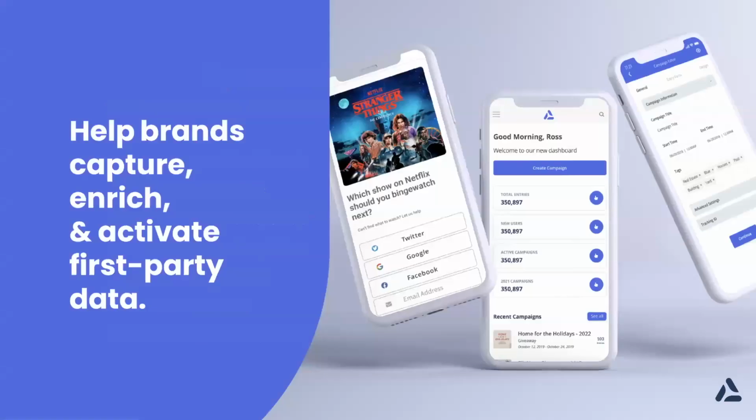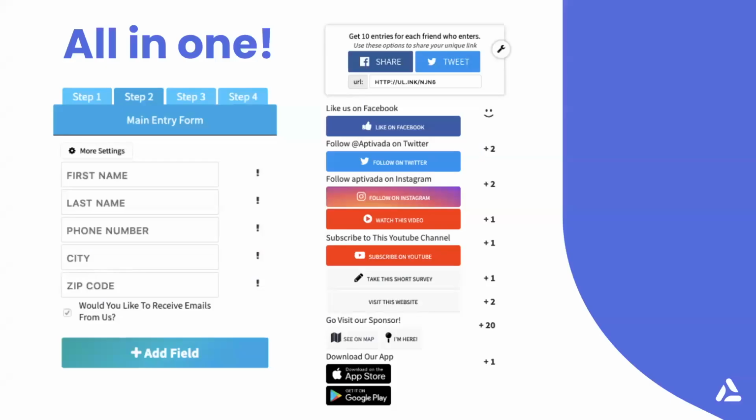Our focus, even with our rebranding to audience, it's kind of funny saying audience to your audience. But truthfully, our core values are helping brands capture, enrich, and activate first-party data. And I said this earlier, but you'll be able to do it all in one, right? Obviously, this sweepstakes that you're looking at has a lot of first-party data information that you're wanting to collect. I wouldn't suggest going this heavy, but what I wanted to present to you is the way that an advertiser could potentially tie in and collect first-party data.